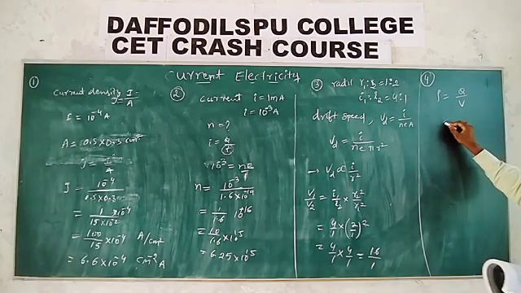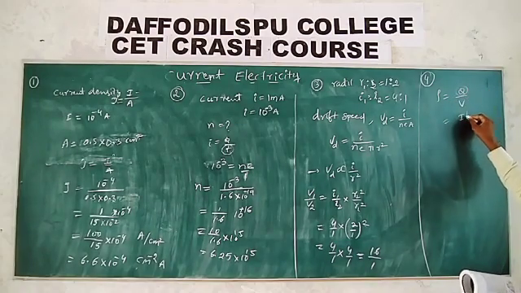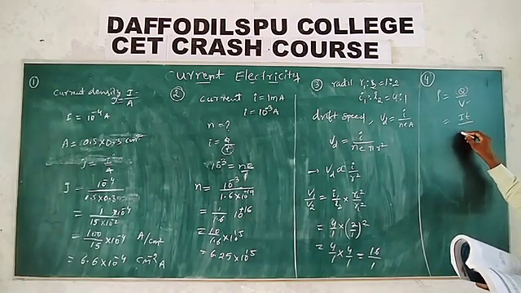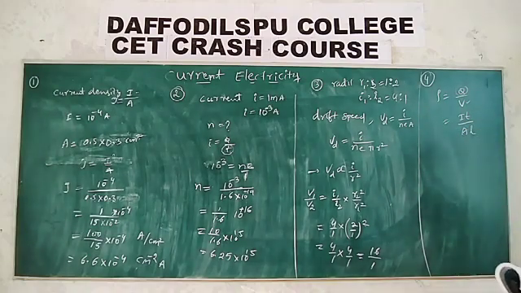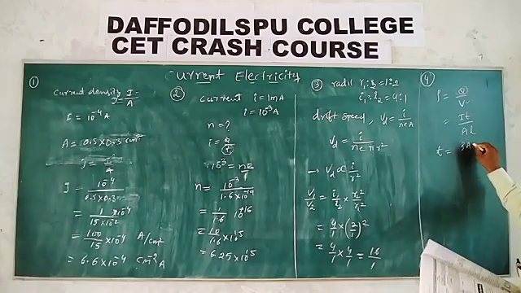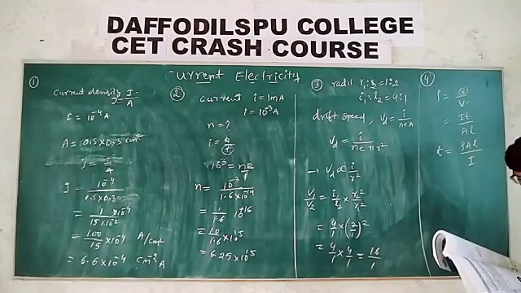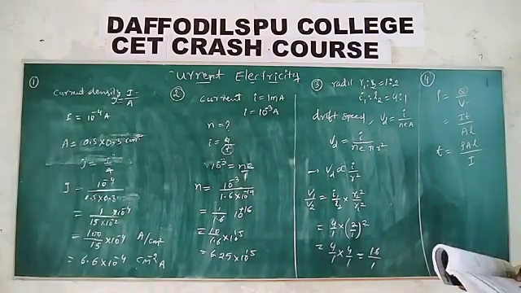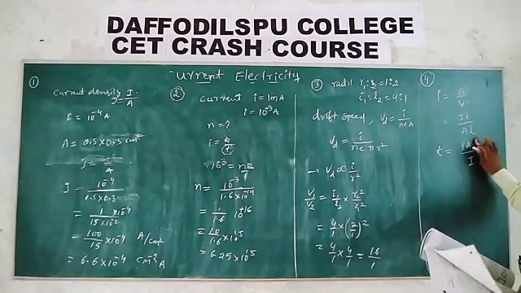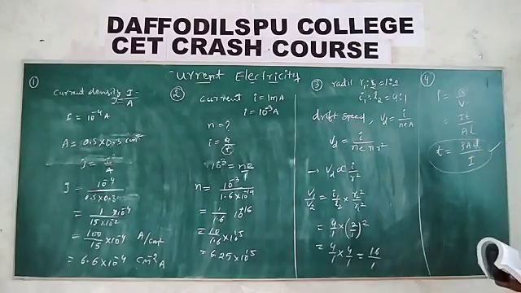In terms of the current, tell me, what is current? What is charge? I into T, by what is volume? Volume is nothing but area into length. But here we need to calculate T is equal to rho A L by I. Here d is nothing but distance. So instead of L, we will take it as d, which is the fourth option.